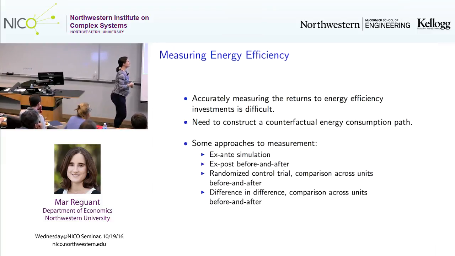Other approaches to measurement are just doing an ex post before and after comparison. This would be narrowing down into just a single unit, let's say a house, or a school, and trying to see before and after how the school is doing. The advantage is that we can really narrow it down to that particular school. We probably know a lot about the school, but there are, of course, clear disadvantages.